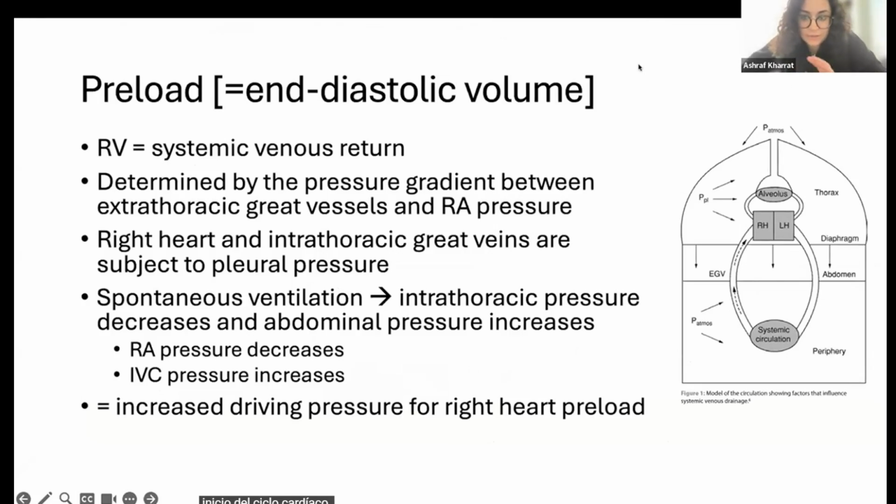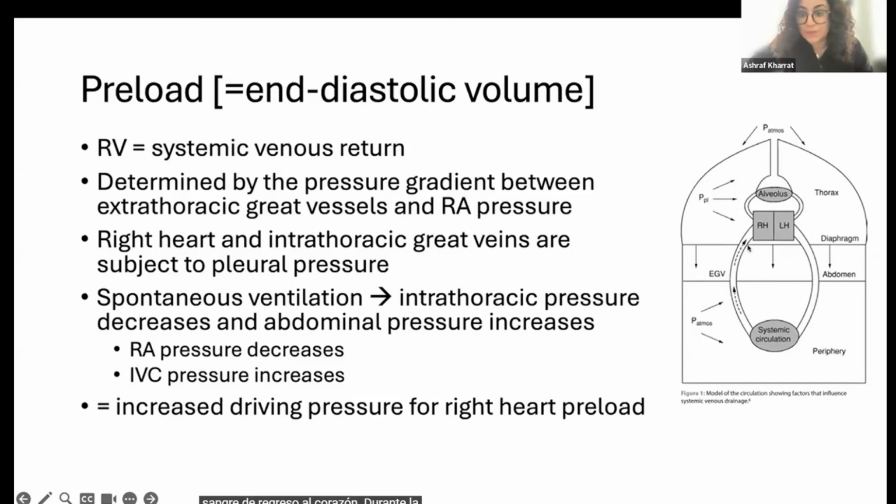So preload by echocardiography, of course, we estimate as end diastolic volume. But from a right-sided perspective, it's really a reflection of systemic venous return. And systemic venous return is determined by blood coming from the extrathoracic great vessels and predominantly the IVC, as well as the RA pressure. So how this works, if we go back to that diagram that we see on the right-hand side, the extrathoracic great vessels are sitting, the IVC is sitting within the abdomen, so is subject to the intra-abdominal pressure. And the right atrium is sitting within the pericardium, within the thorax, so it's subject to the intrathoracic pressure or the pleural pressure. And it's the pressure gradient between here and here that drives that blood back to the heart